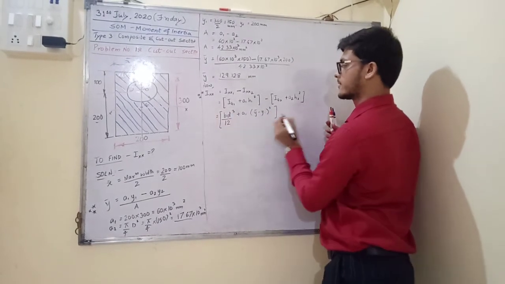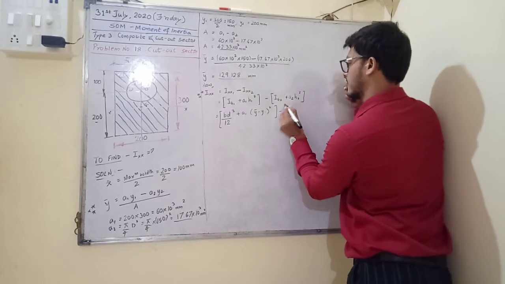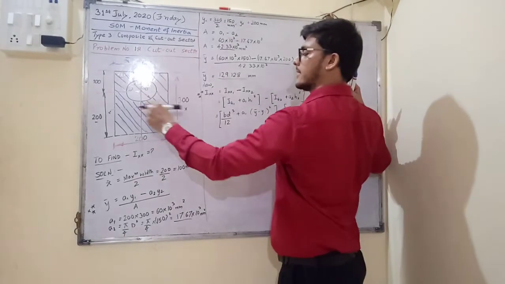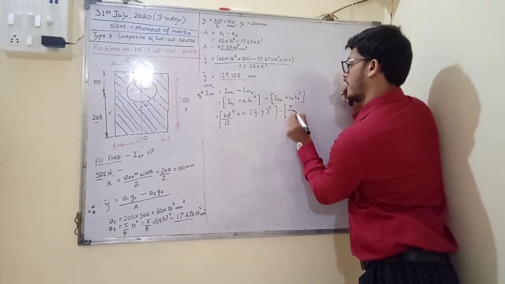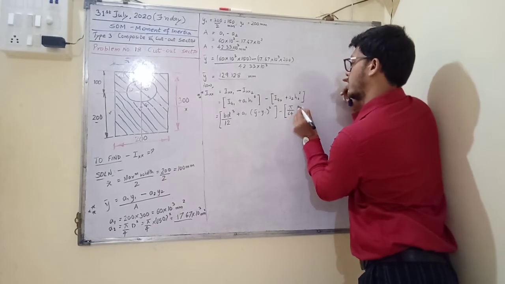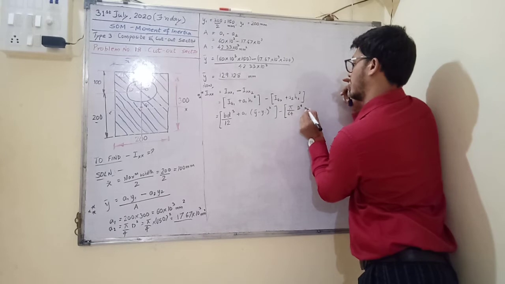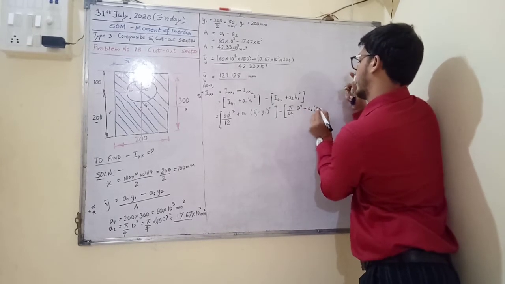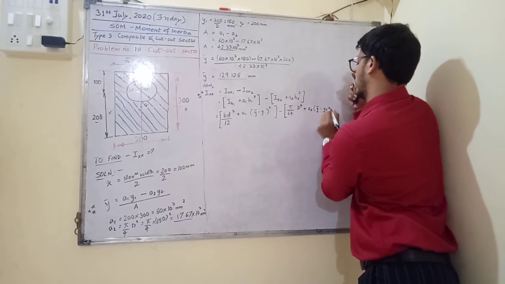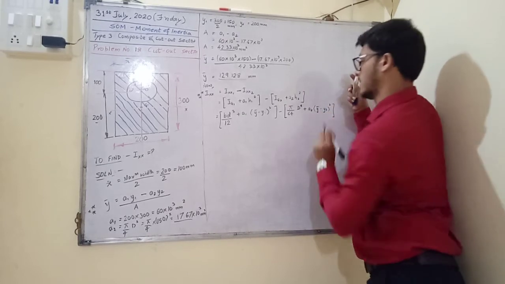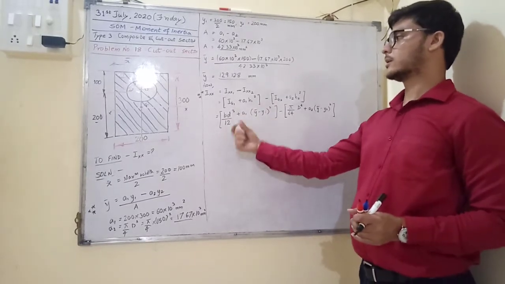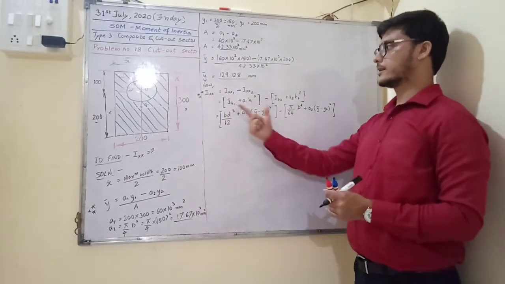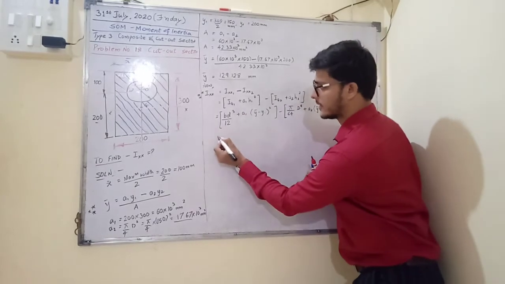After this step we will substitute the values, minus sign as it is. Moment of inertia of a circle along its x-axis is pi by 64 d raised to 4, plus a2 will be as it is. h2 will be y bar minus y2, the whole square. So these two square brackets are ready. Again we put all the values from the figure. We target to get the final answer. So I am substituting the values.